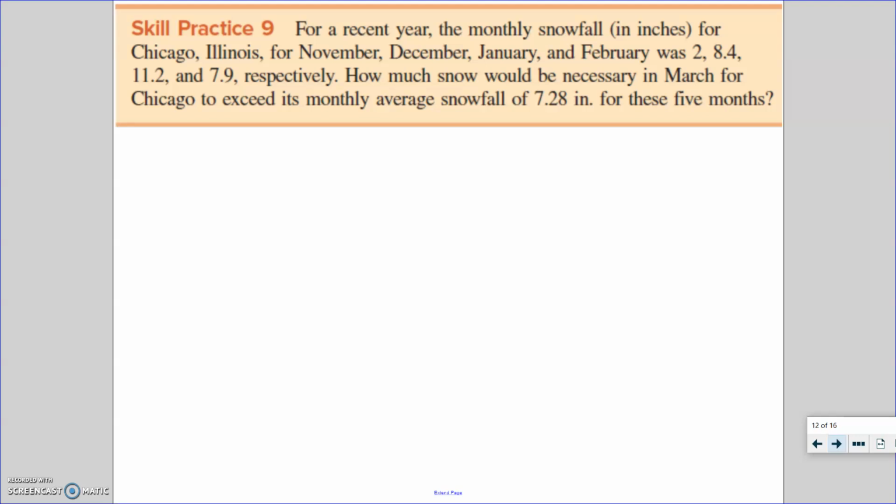How much snow would be necessary in March for Chicago to exceed its monthly average snowfall of 7.28 inches for these 5 months? All right, well, to get average, you add up all of the values and then divide by how many there were. So we had 2 in November, 8.4 in December, 11